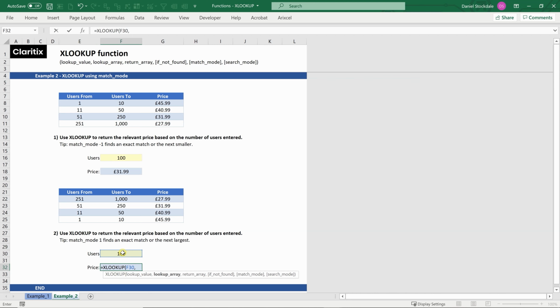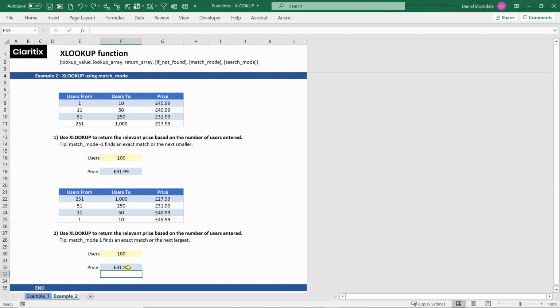The lookup array, this time we want to select this column. The return array will be the price, and then we put a couple of commas in, and the match mode will be the 1, which is an exact match or next larger item. And so here there's no exact match for 100 in this data, and so the next largest item is this 250, which again fits in the right range and returns the right price.